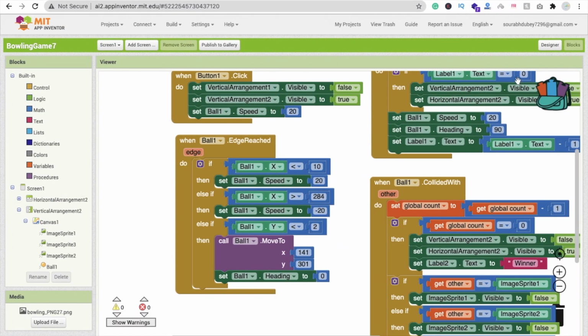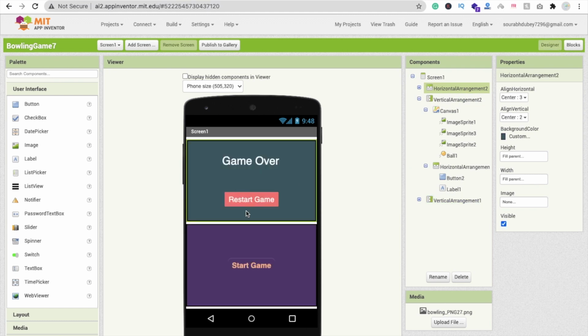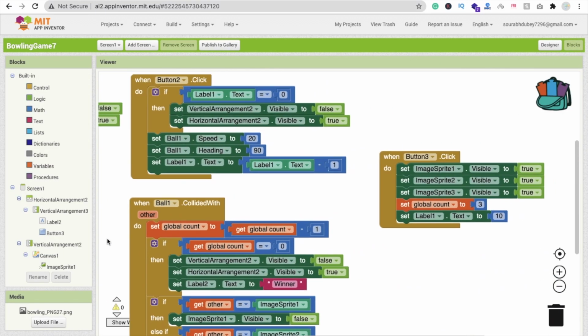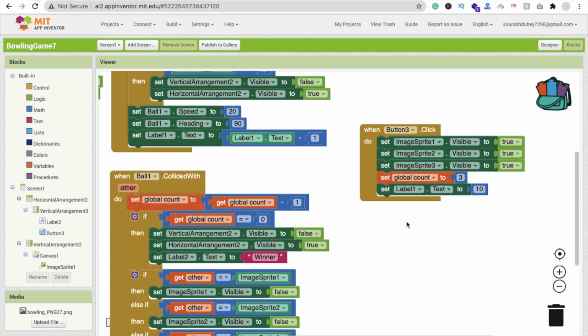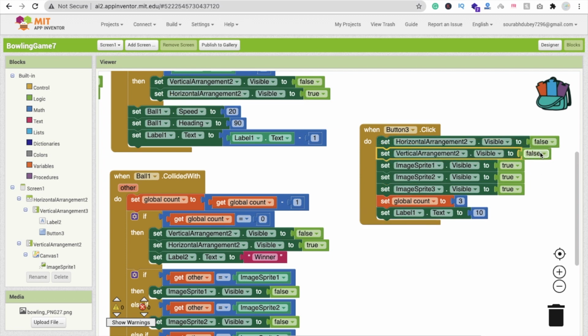Let's see why this is not working. So go to the horizontal tool, click on this restart button. Here you can see this button is button 3, and we have written the code in which button? The restart button. This is fine. So on this button we have to add code for one more thing: set horizontal should be false and the main screen should be on. Right, simply right click. So that's all about it.